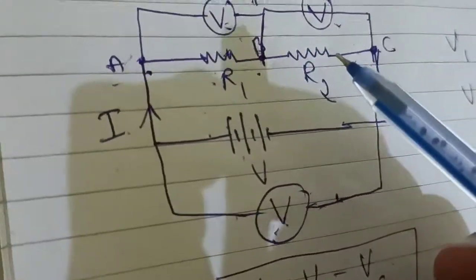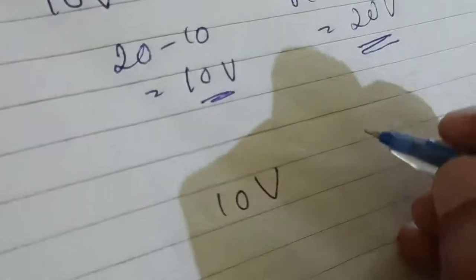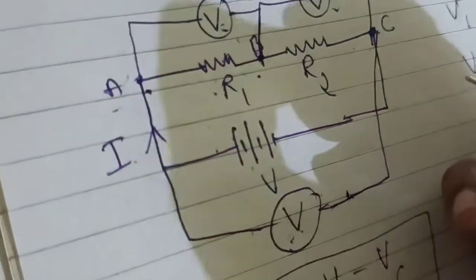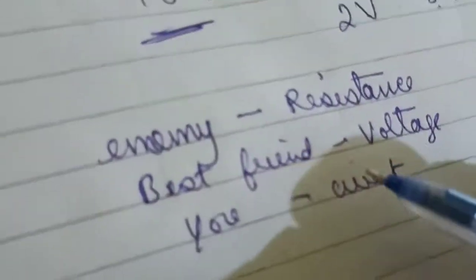Remember, voltage gets distributed. For example, if you consider you have 10 volt, now it will distribute across the resistors. So how can you distribute? So R1 and R2, isn't it? So R1 may be 2 volt and R2 may be 8 volt. So 8 plus 2 is 10 volt, isn't it? Now how can we know how much voltage will be distributed across a particular resistor? So there is a method. So let's see through an example.